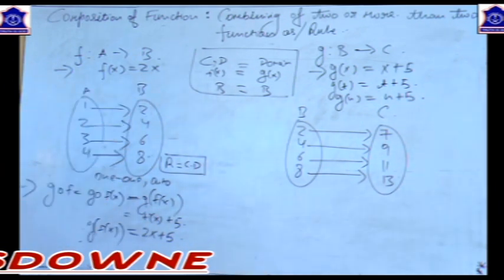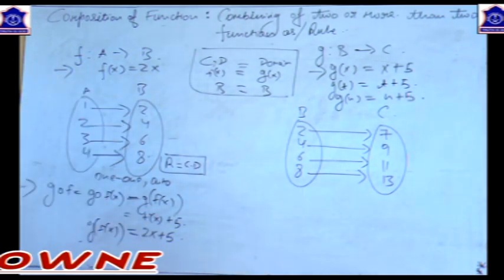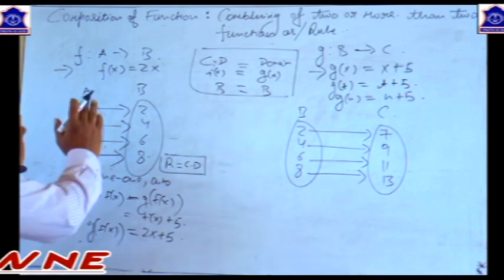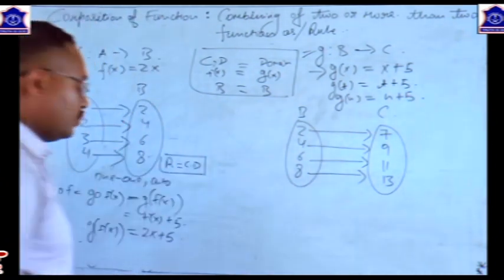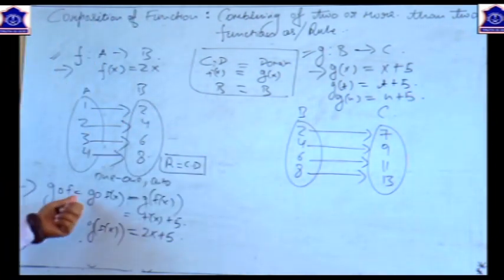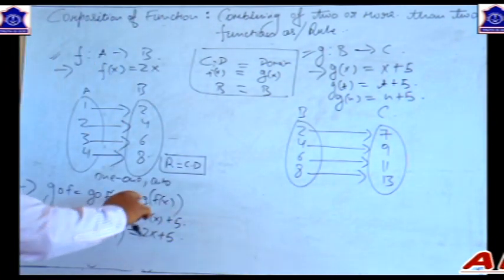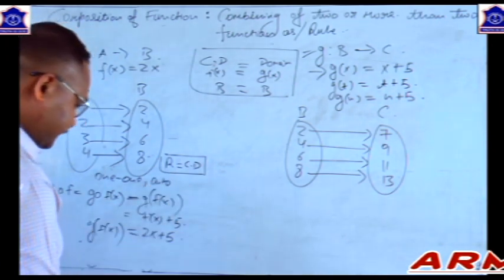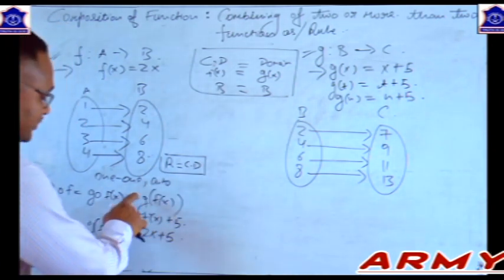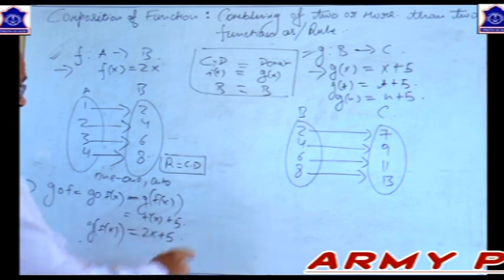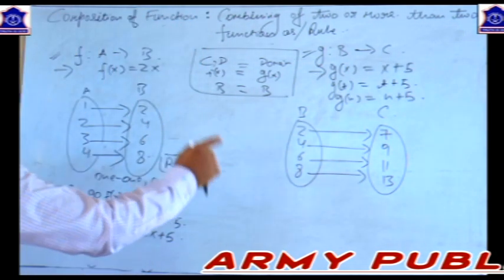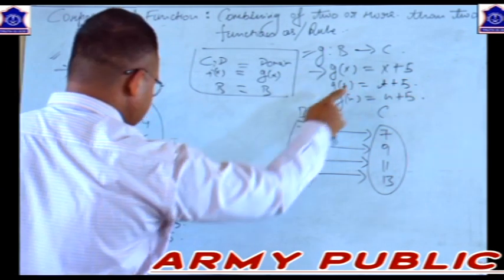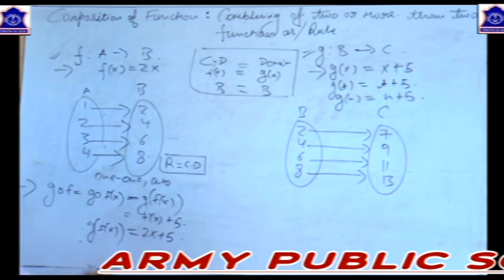It is given here. Once more, I am repeating this concept. We are going to combine these two functions f and g using the rule gof, which is written as gof of x. Then gof of x will be fx plus 5, because we have the definition of gx that is x plus 5. So giving the value to x of gx as fx, we get fx plus 5, और fx क्या है?